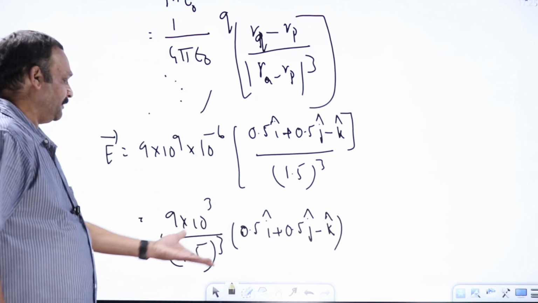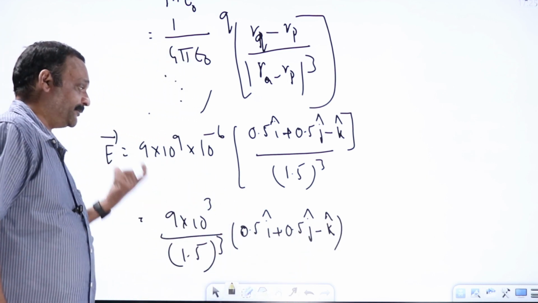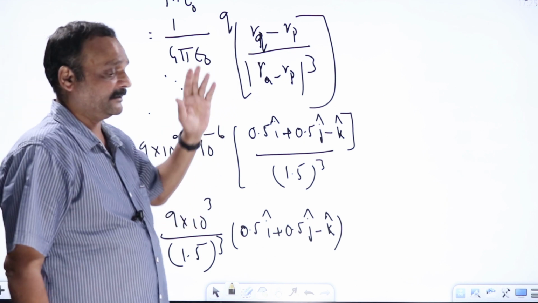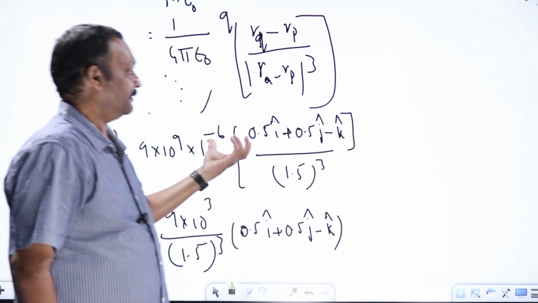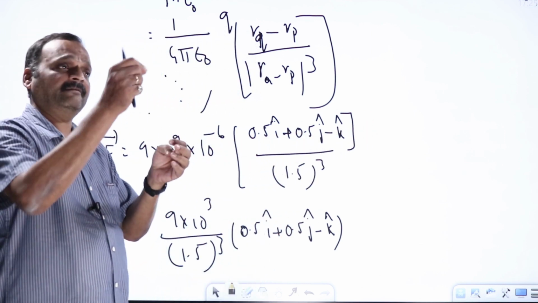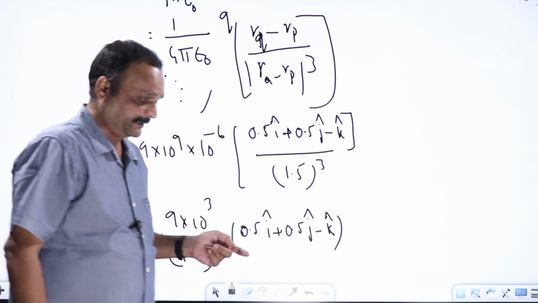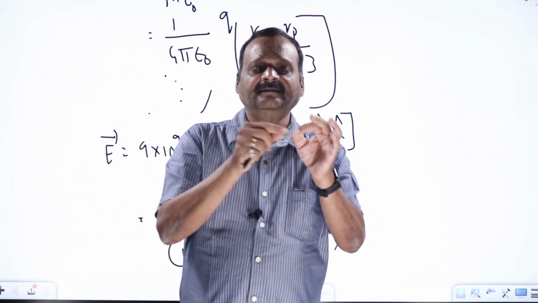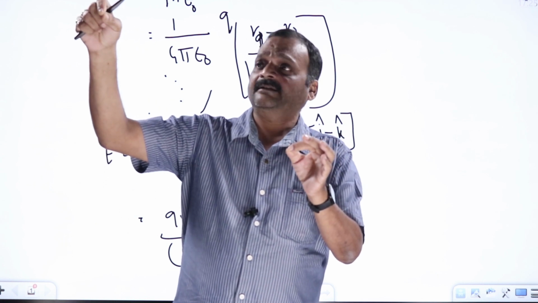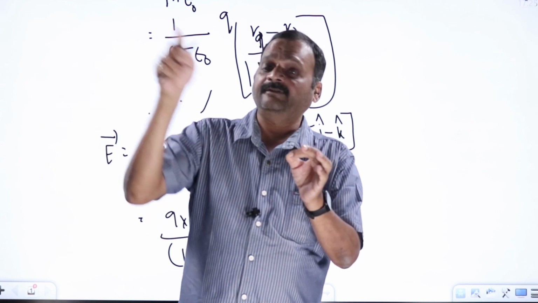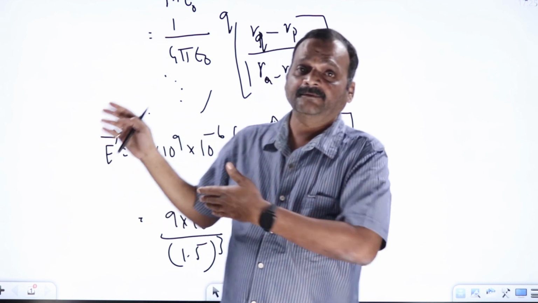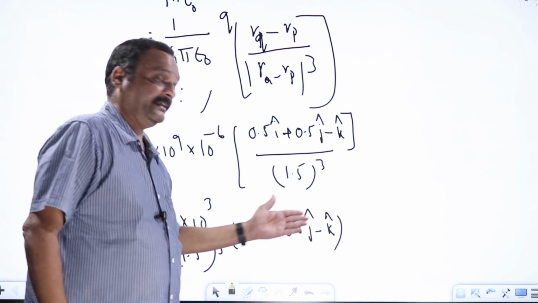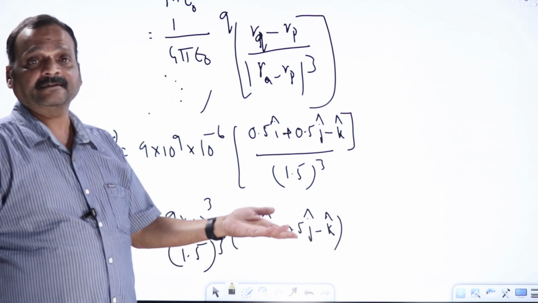Simplify this numerical value, whatever it is, that gives you the magnitude of the electric field as well as its direction. If the position vectors are given, this is how we are going to find the electric field. If the distance is given directly, 1 by 4 pi epsilon naught q by r square will be sufficient. They will give you the charge at so and so coordinates, with its position vector from the origin, and the second point. What is the electric field due to this charge at that point? Use this method. Whenever we are using the i, j case, the electric field comes both in magnitude as well as in direction.